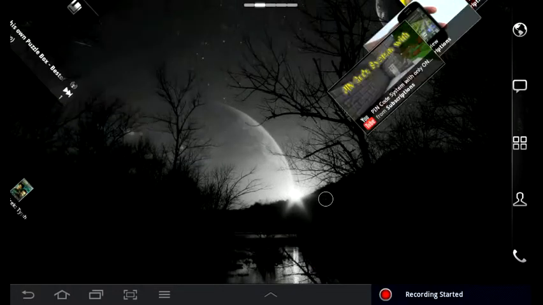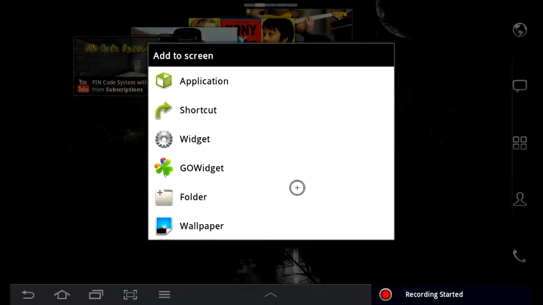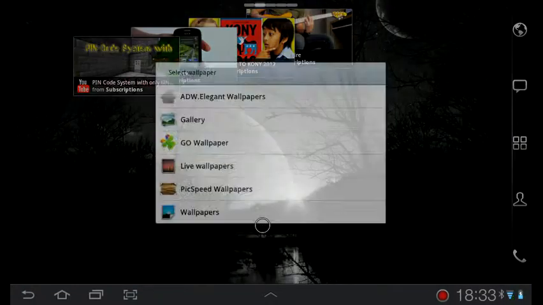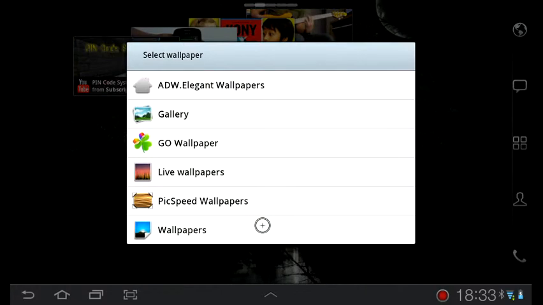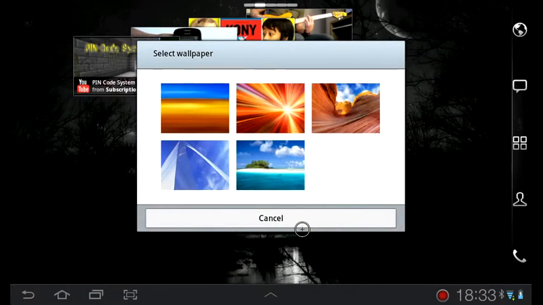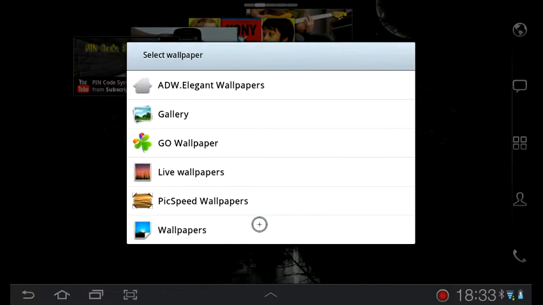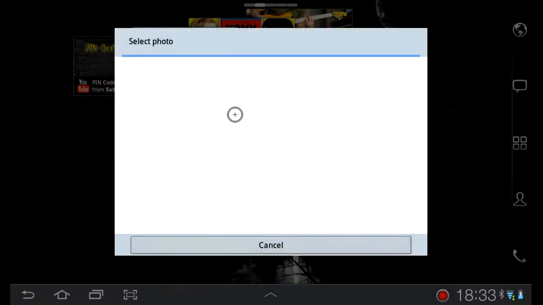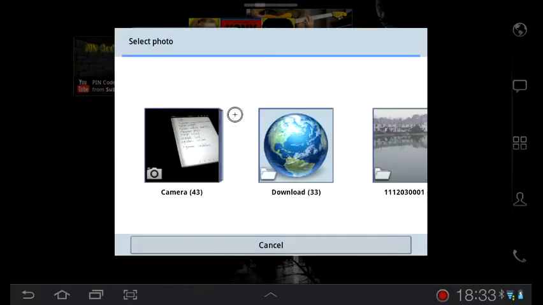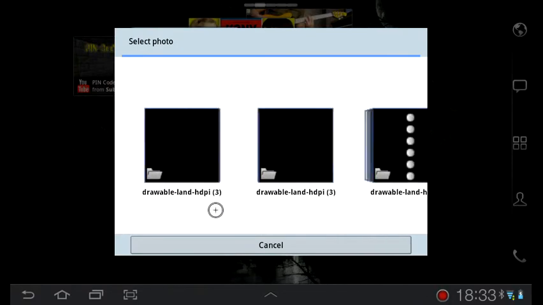Next up, wallpaper. Wallpaper on Android basically comes in two different types: live wallpaper and normal wallpaper. Normal wallpapers are just, well, they're just that. They're wallpaper images that you put behind everything else. One thing to be aware of with Android is that in order to be usable in both portrait mode and